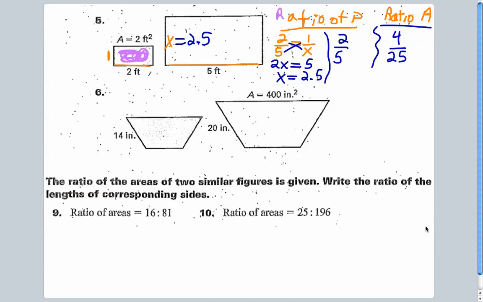So let's go through our directions: find the ratios of perimeters and areas. Good. And we want to find the unknown area. I don't know the area of this second figure. Let's call this A2. I'm looking for A2, the area of the second figure, but I know the area of the first one is 2 feet. So let's set up a proportion to help me out here. I'm going to take the area of the first one, which is 2, and since I know that my scale factor is 2.5,